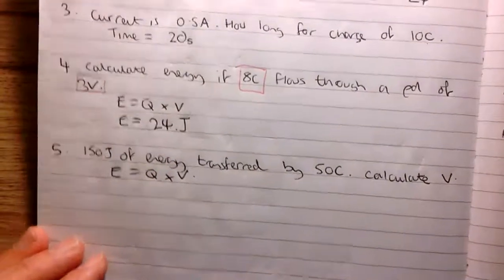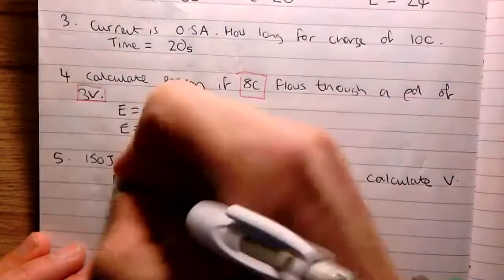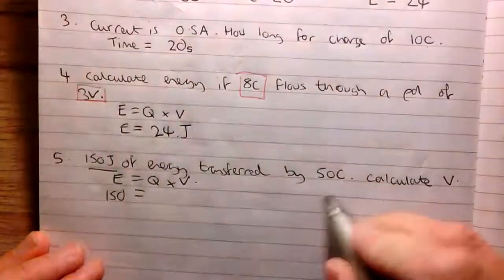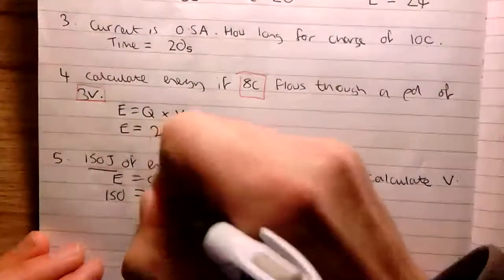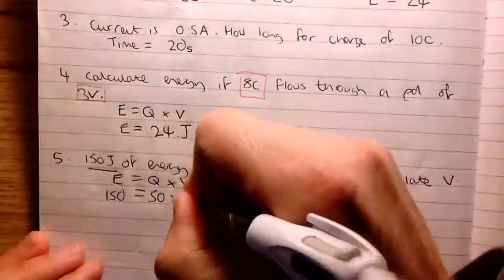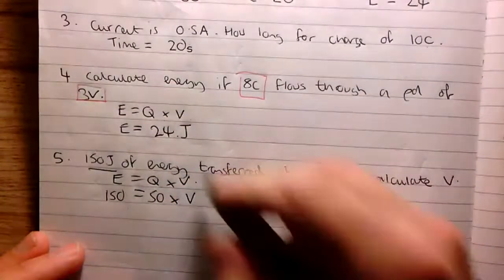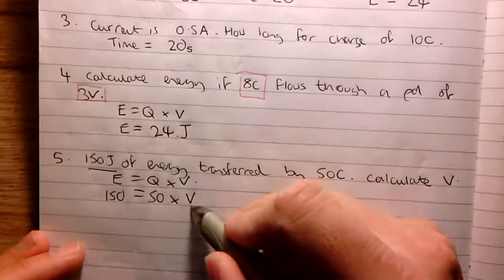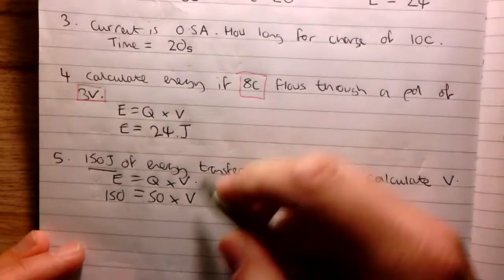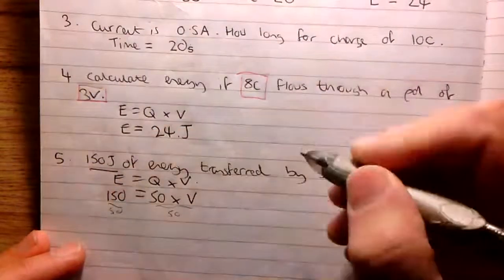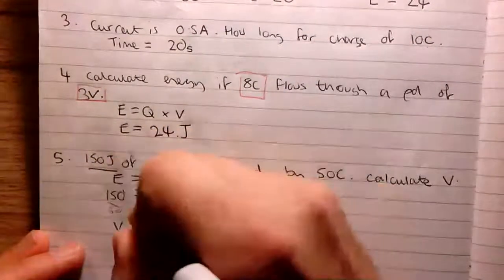Next step, substitute in my values. I've got 150 joules of energy equal to 50 coulombs of charge multiplied by what potential difference? That's what I'm going to try and work out. My next step, rearrange. I need to rearrange this to get the V on its own. So I'm going to divide this side by 50, which means I need to divide that side by 50, which means I'm going to get V on its own. V is equal to